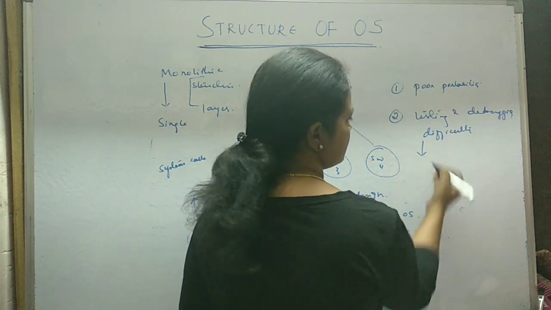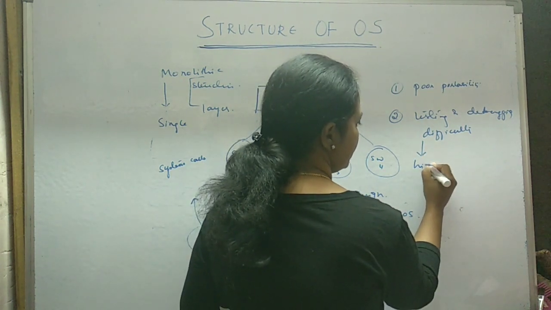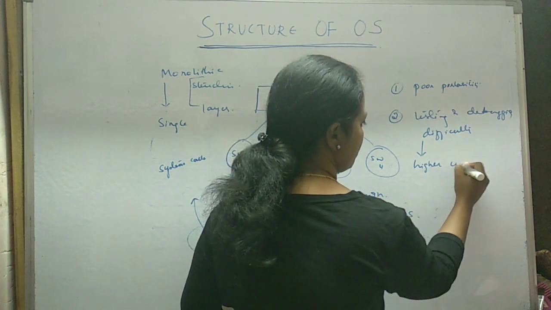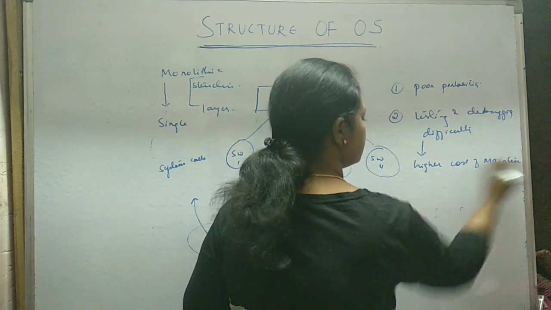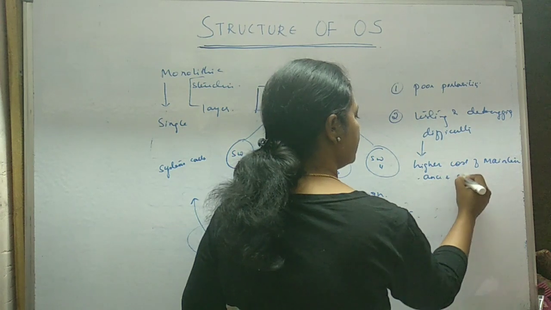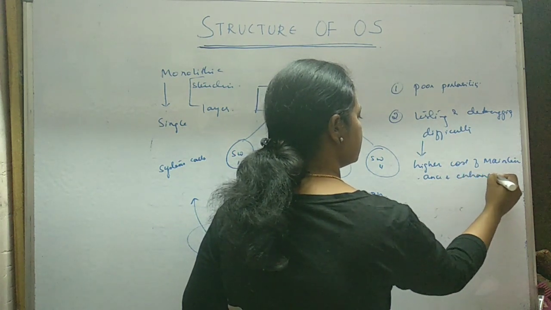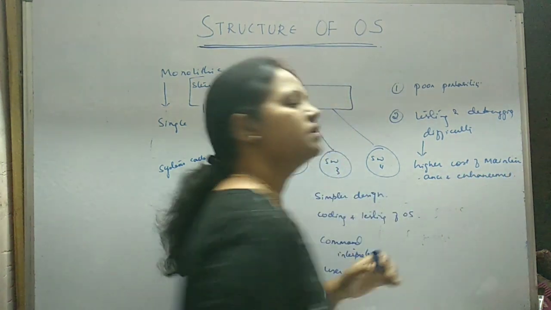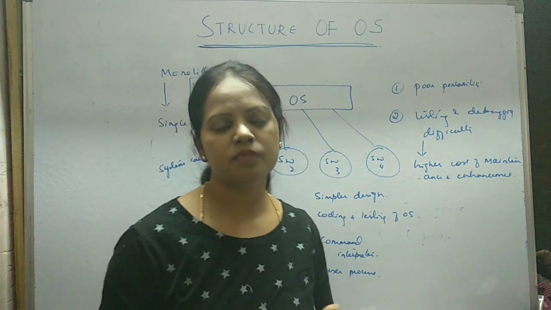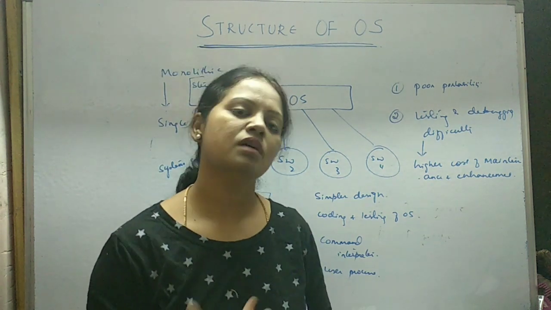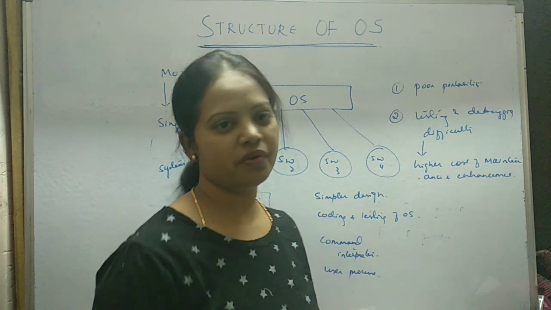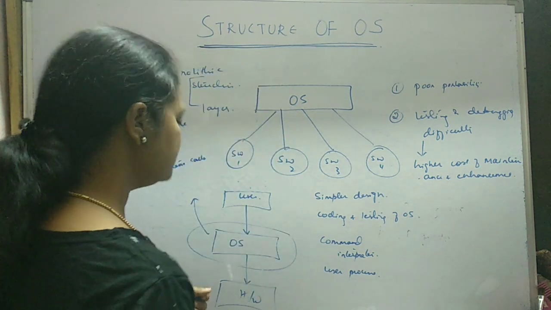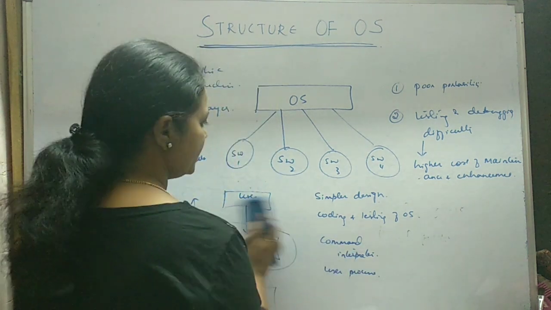So these were the problems which made people search for different ways of architecting or structuring an operating system. So the other kinds of structures of operating systems are: